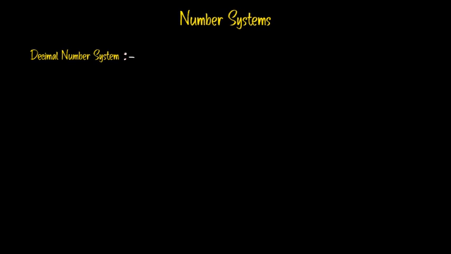We will discuss the procedure, and the procedure is common for all types of number systems when converting a decimal number into another number system. So let's start with one example. For example, we have the number 24.10, which is a decimal number, and we want to convert this decimal number into a binary number.